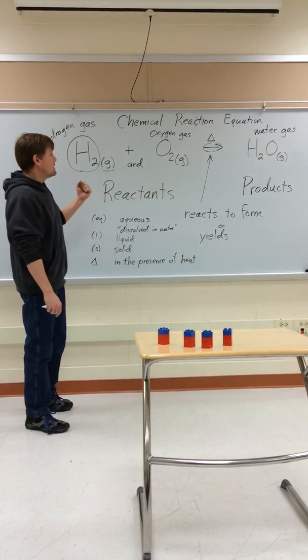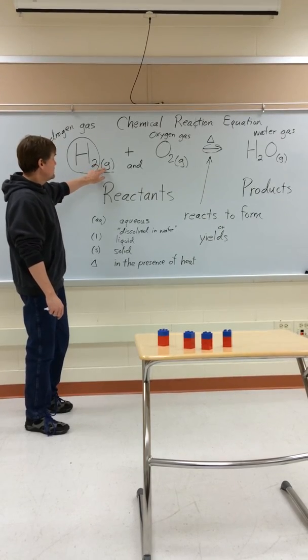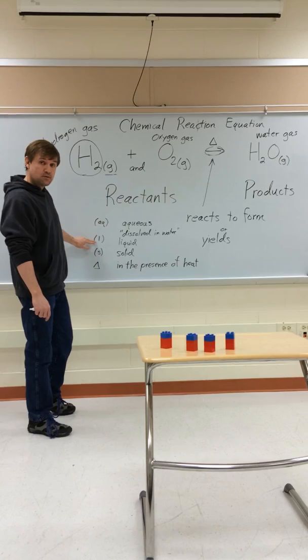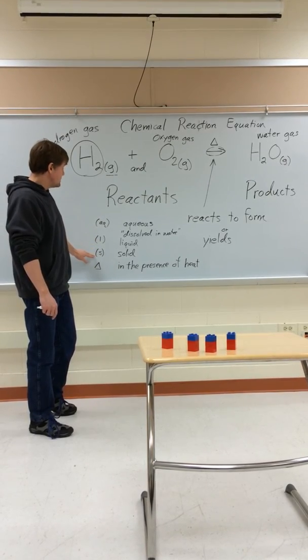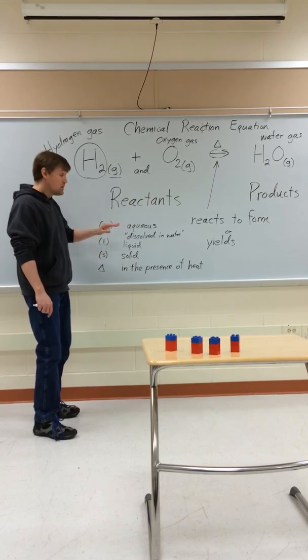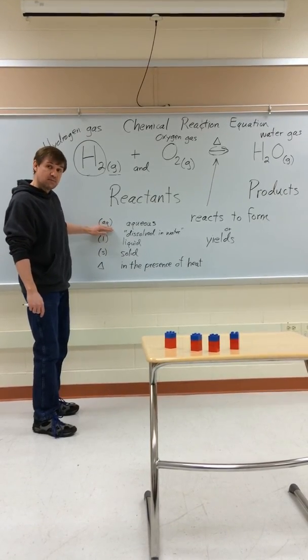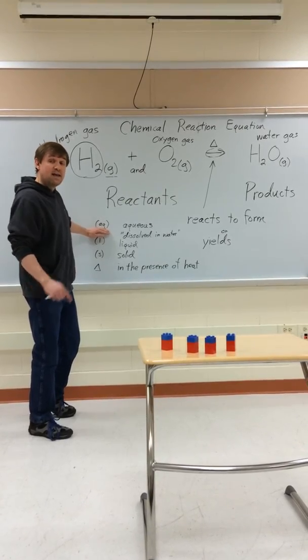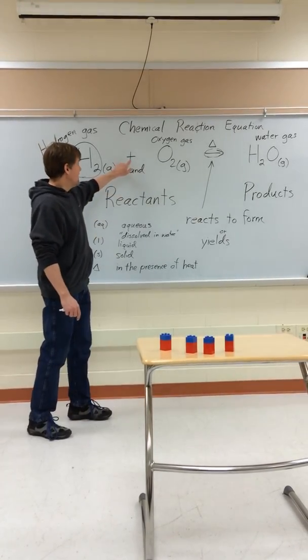And then there are some subscripts you need to know. Little g in parentheses for gas, little l in parentheses for liquid, little s in parentheses for solid. Something that happens to be dissolved in water is called aqueous, represented by the little parentheses with an aq, lowercase aq. And the last thing you need to know is that that plus sign